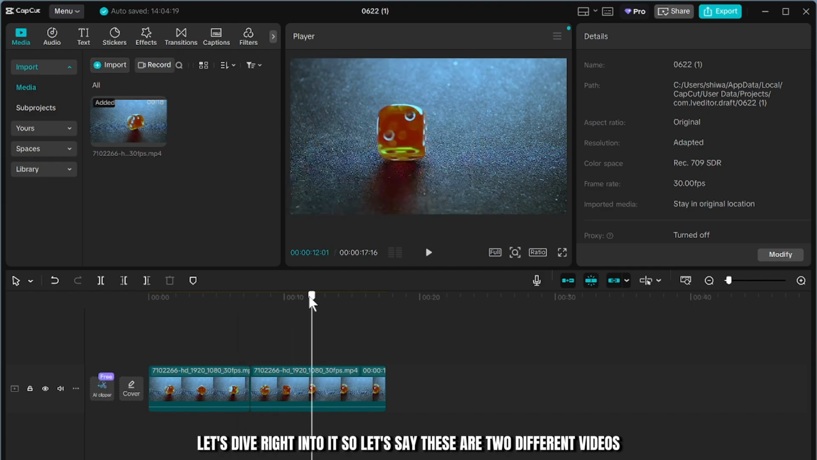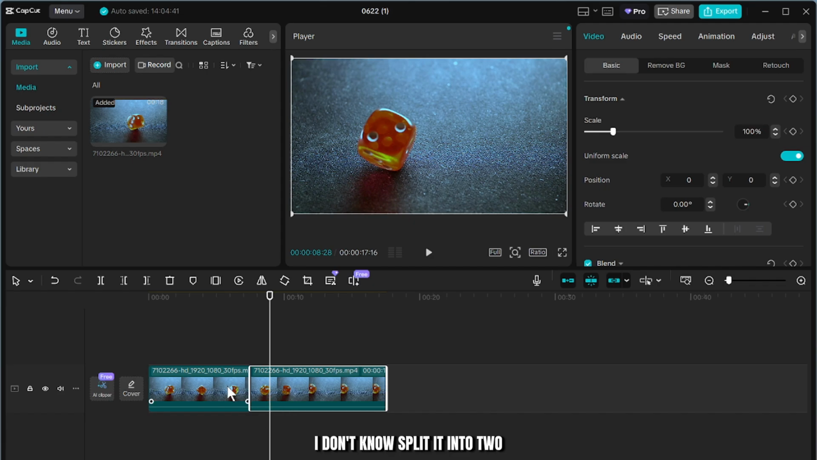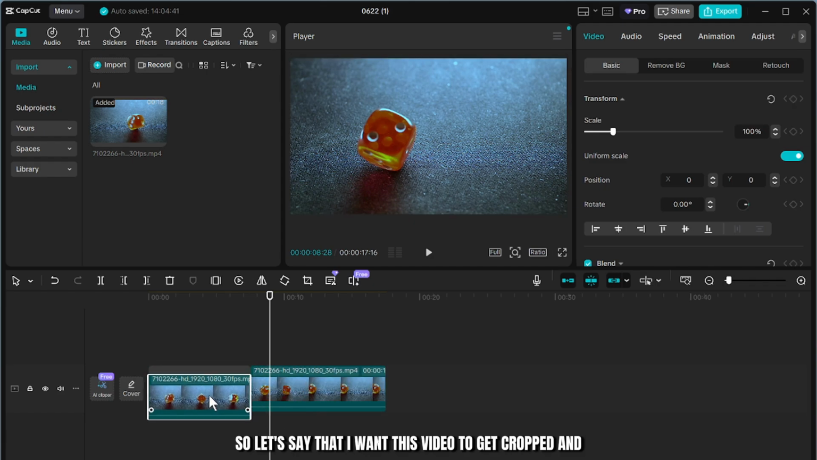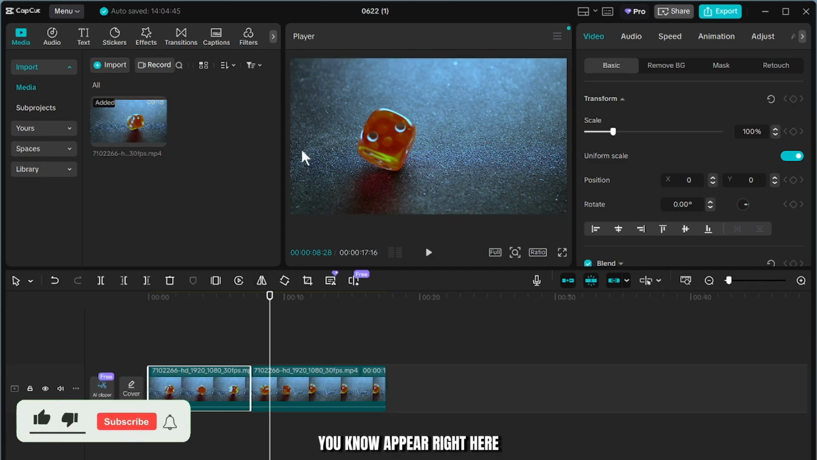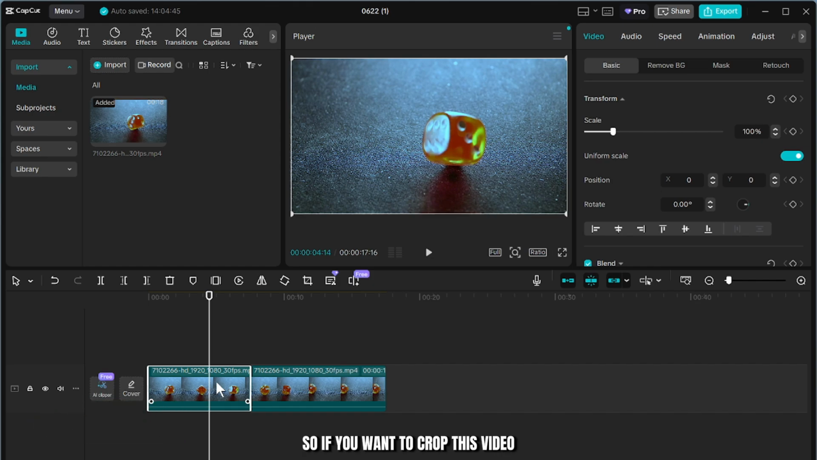So let's say these are two different videos, but these are one. I just split it into two. So let's say that I want this video to get cropped and appear right here, right beside, on top of this video. So if you want to crop this video, what I can do is select the video, right click